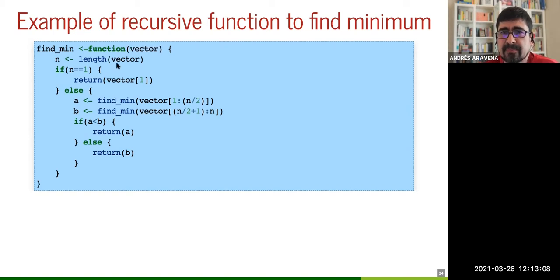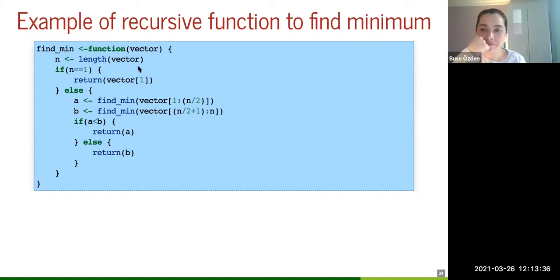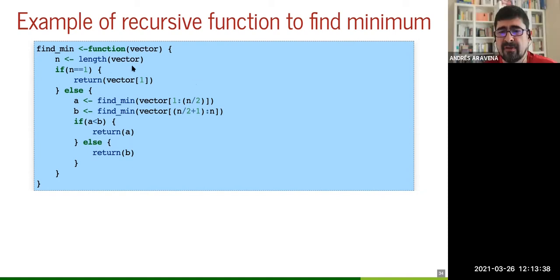And the exit condition will be the one that we say. If you have only 1 element, you know the answer. So if the length of the vector that I am storing here in n is 1, if the vector has only 1 element, what is the smallest? The only element in the vector, the first one. Okay? If you have the vector and there's only 1, perfect. If not,